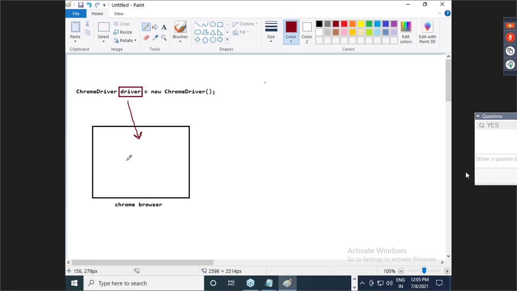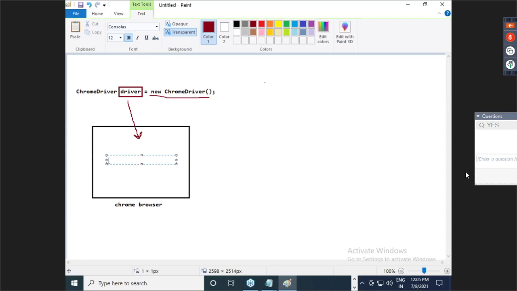Is everyone clear on this? Now, how is it connected? How is the driver connected with a browser? So guys, now see, whenever any new browser launches, that new browser launches with a unique session ID. So this browser also has a unique session ID. Okay. So here I will mention, guys,